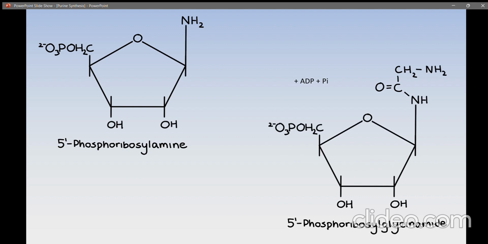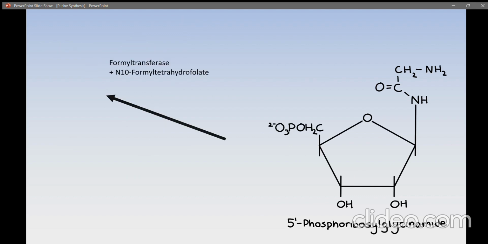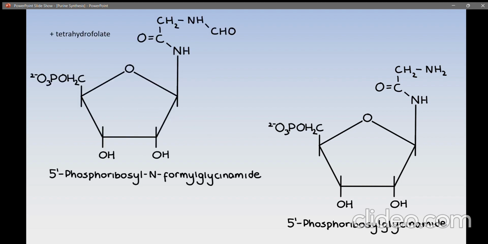Transformylase uses N10-formyl tetrahydrofolate to catalyze the product synthesis into 5-phosphoribosyl N-formyl glycinamide, adding an aldehyde group and creating tetrahydrofolate in the meantime. Despite inhibitors of the purine cycle being toxic to all dividing cells, this toxicity can be used against cancer as a form of treatment. Tetrahydrofolate is required in purine synthesis, thus folic acid analogues can be used to limit its quantity and slow DNA